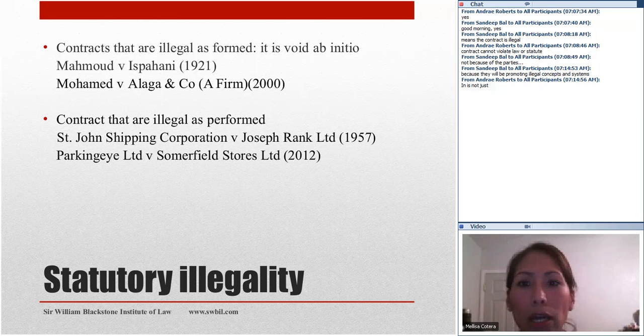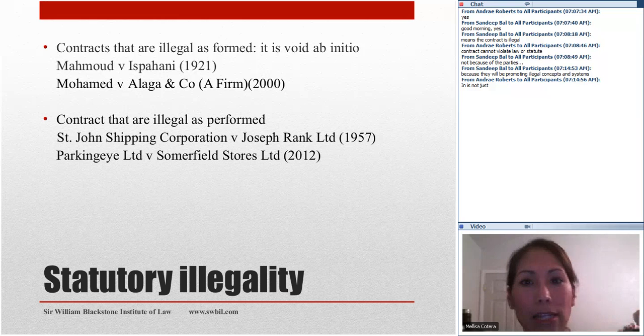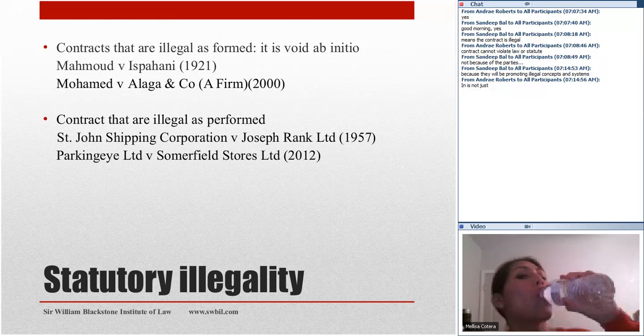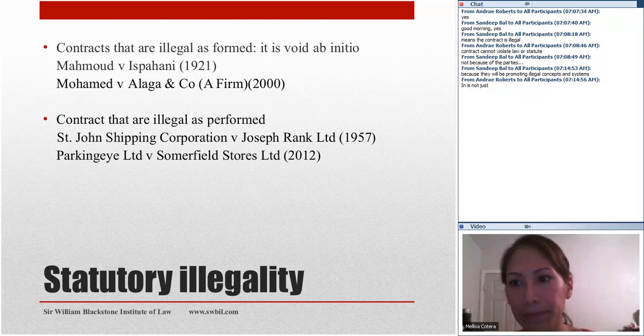Do you know the facts of the first case that we are going to talk about, Mahmoud and Ispahani? If you do, can you tell me briefly the facts, please? It is fine if you don't know. You can let me know so I can give you the facts of this case. So in Mahmoud versus Ispahani,